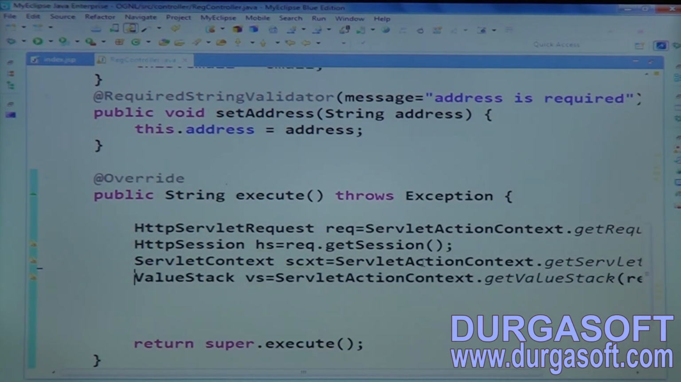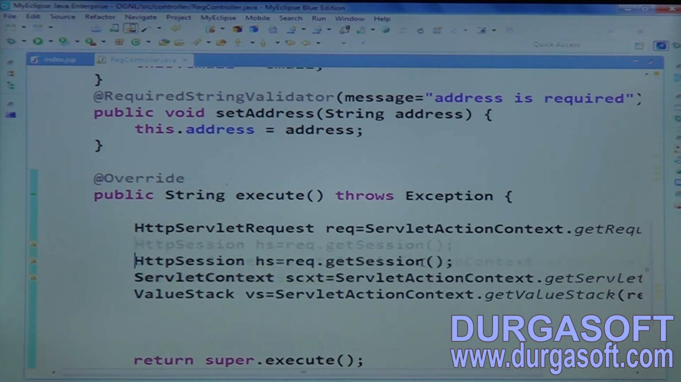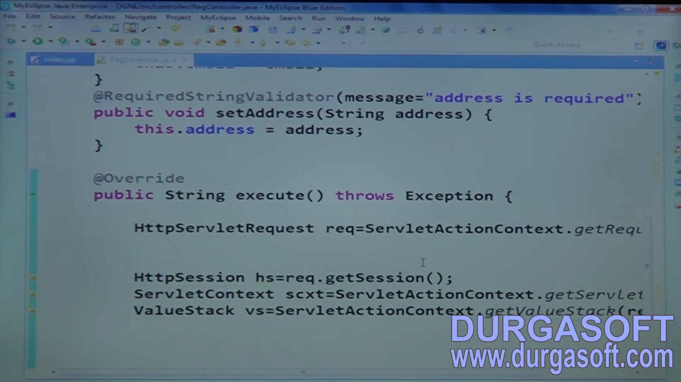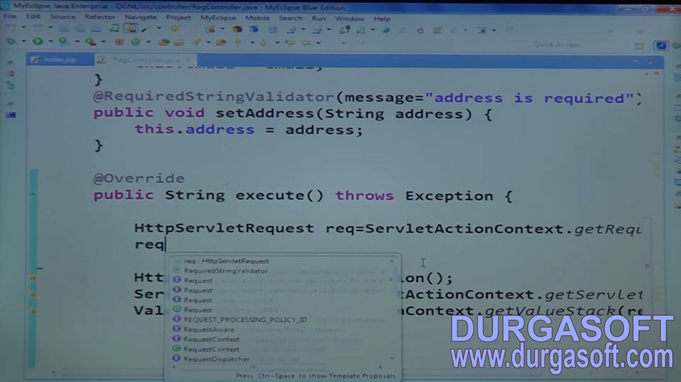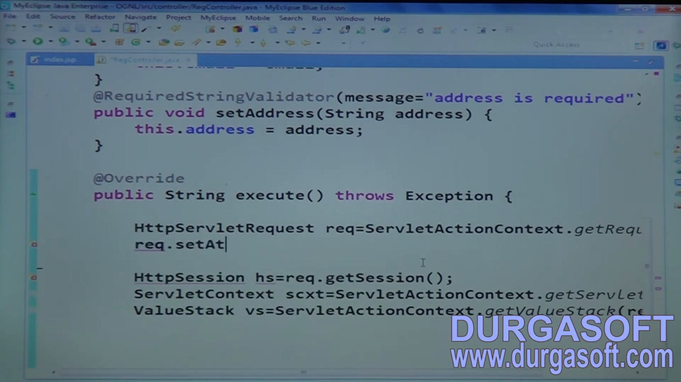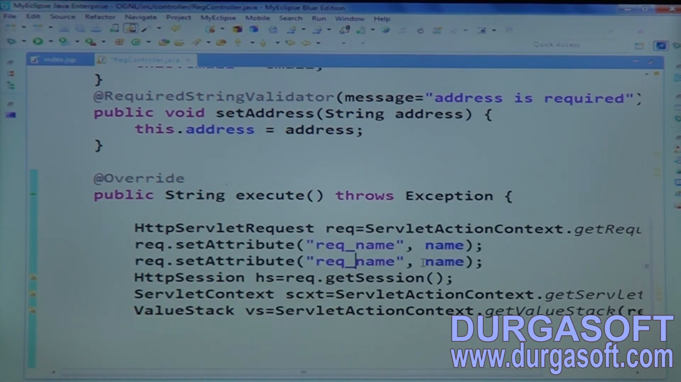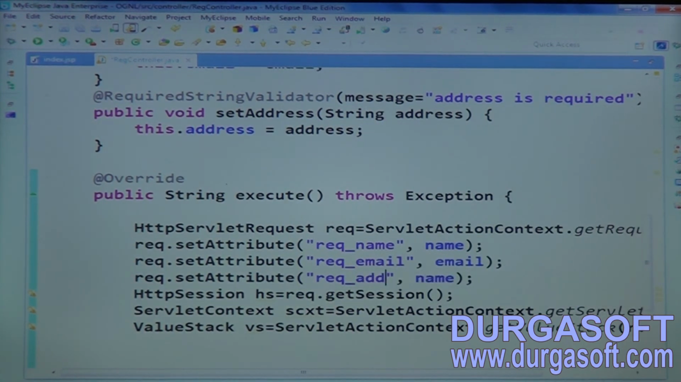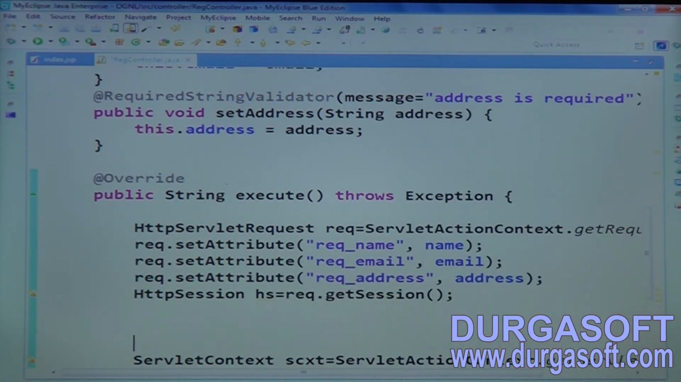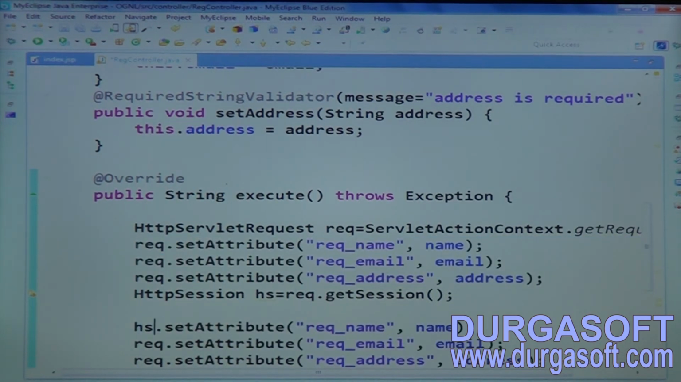In this way you can get all these scopes. So now in all these scopes, I'll keep my data: name, email, address. In request scope, put data: request.setAttribute of request_scope_name, keep name here, request_scope_email, keep email here, request_scope_address, put address here, and if you require session, in place of request use session here, hs.setAttribute,